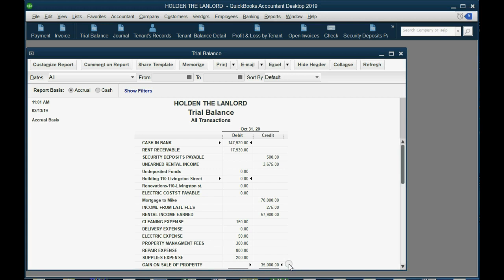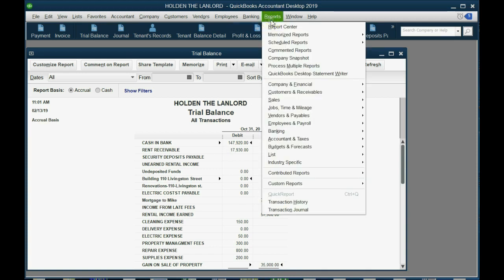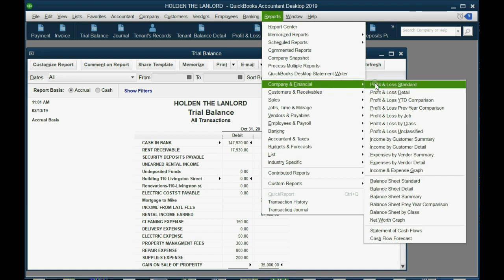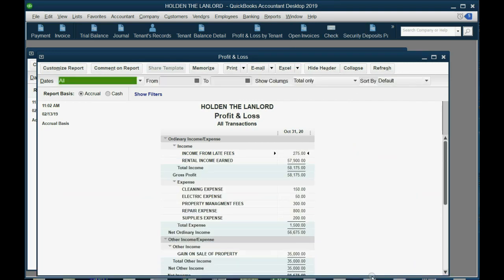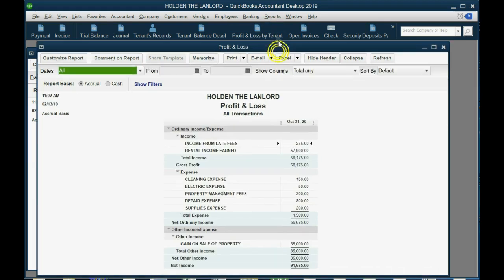Now, I need to show you what the normal profit and loss would look like with this gain. From the main menu, click Reports, Company and Financial, Profit and Loss Standard, and push A for all. Notice the profit and loss has a normal income section. See, here's an income section, income from late fees, rental income earned, and the total income. Then it has an expense section for all of the different expenses that we paid during the course, and then it has ordinary income. So we made normal rental income minus expenses this amount,